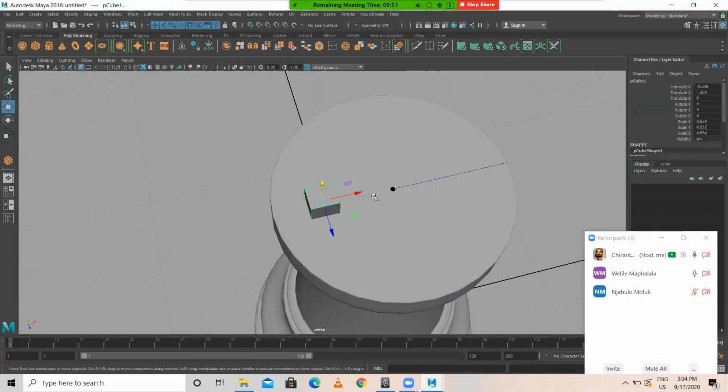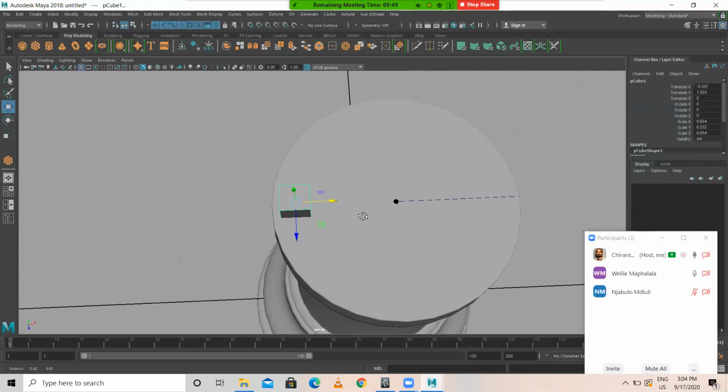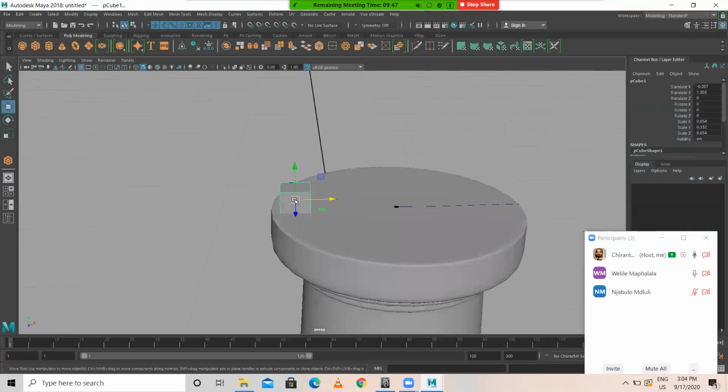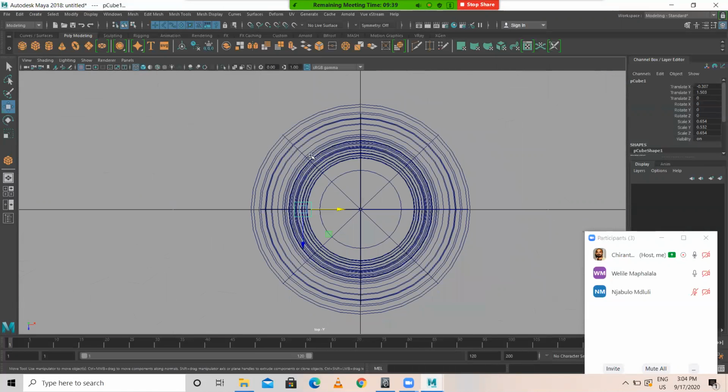If the call got disconnected, join again. Okay. Now the pivot point of this particular model is over here, but I want the pivot point of this particular square or cube to be over here. So for that, use the Insert key. There is a keyboard button, Insert. Press Insert, then hold X, and move this pivot point to the center of the grid. If you press Insert, it comes like this. Then while holding X, you need to move this to here like this.